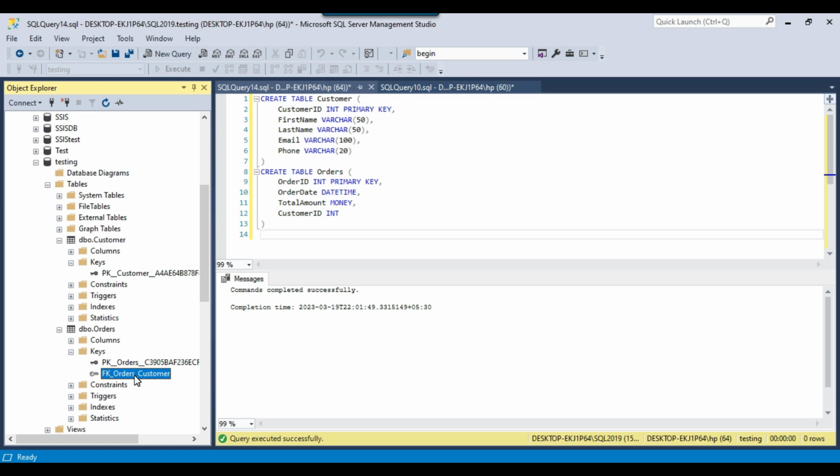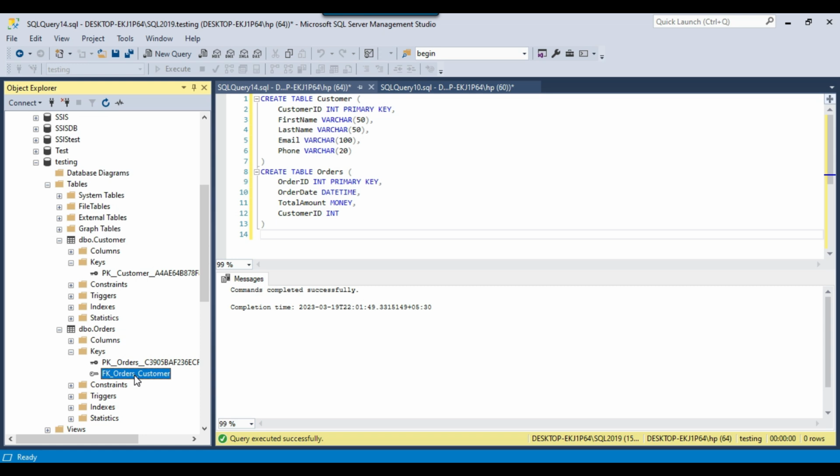Now if I refresh the keys, then it should not delete the foreign key from here. So even though I have deleted the entity relationship diagram, it has not deleted the foreign keys from the table. So when you create the entity relationship diagram and connect the tables together, it creates the foreign keys on the tables. And when you modify the diagram and remove any linking, then it will delete that relationship as well, meaning it will delete the foreign keys from the table. But if you delete the ER diagram altogether, then it won't delete the existing foreign keys from the table.